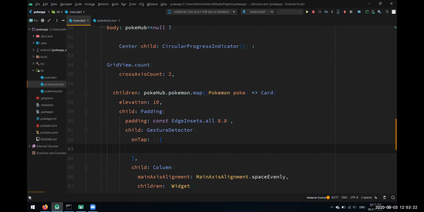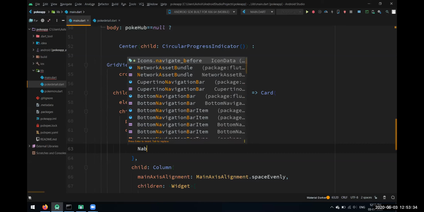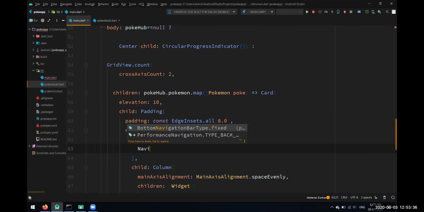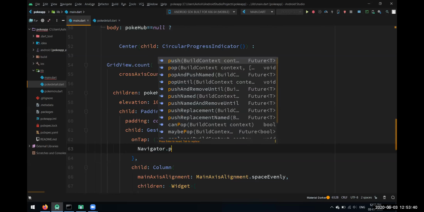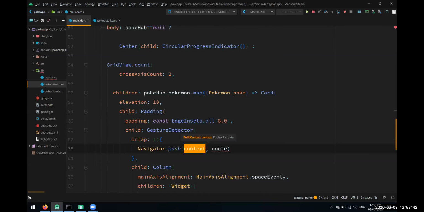In on tap, we'll write an anonymous function to navigate to the other PokeDetail page. We'll write Navigator dot push. What page route should we use? We have two options: either the Material page route or the Cupertino page route.